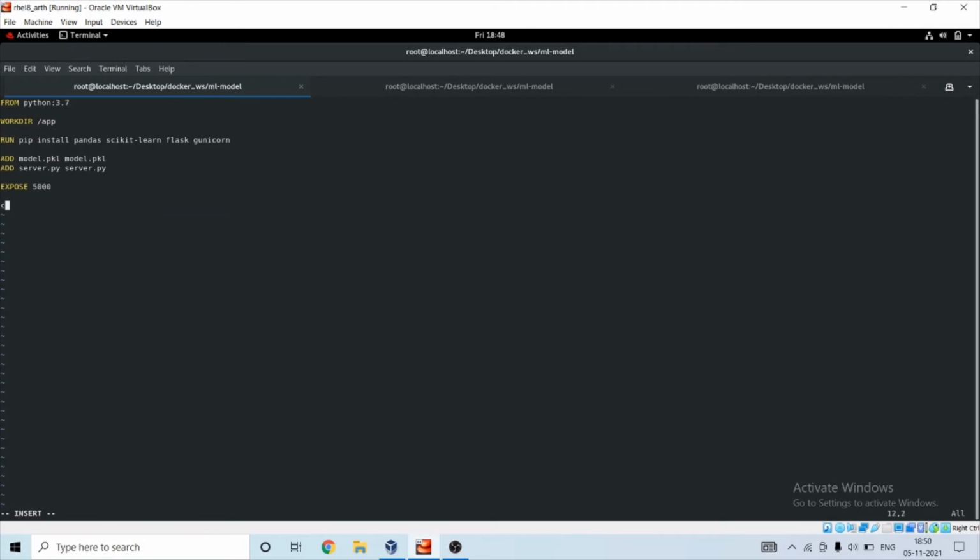And now it's time to run the Unicorn server: server colon app.